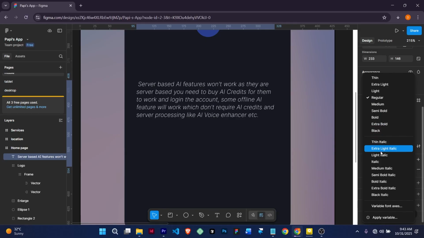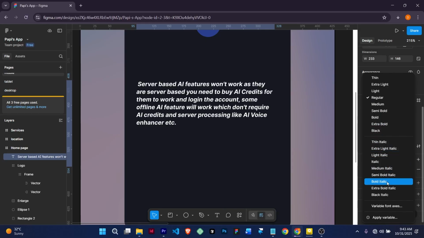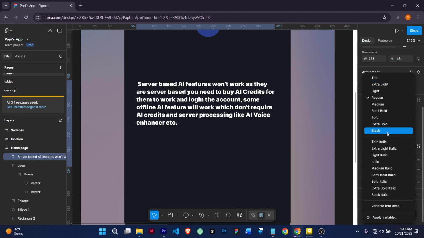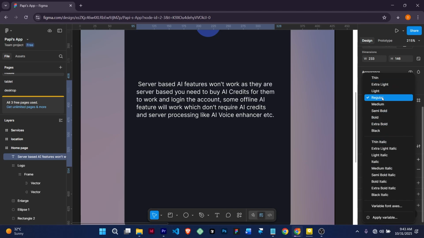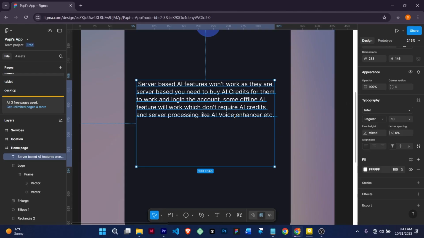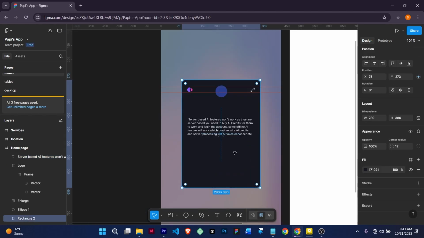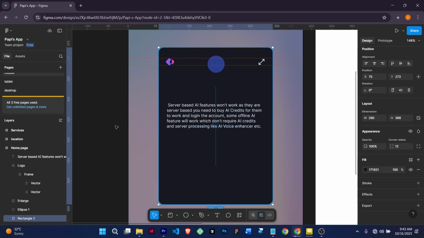So the font weights that are going to be available to you really depend on the font or the font style you are going to use. Okay, so if you are choosing fonts, be careful with how you want your design to come out and choose the appropriate fonts. Okay, so let's close this gap here, and we are going to create another rectangle